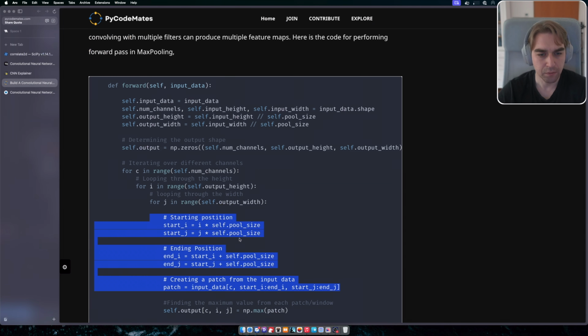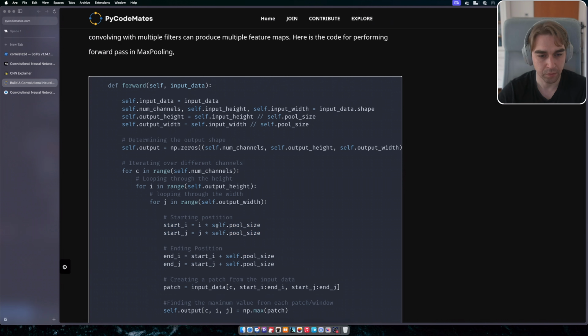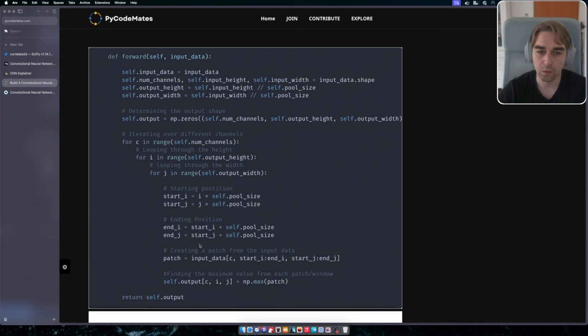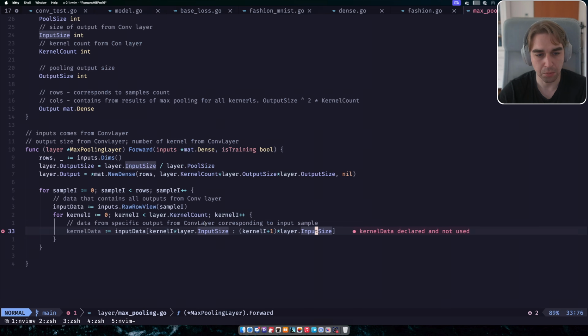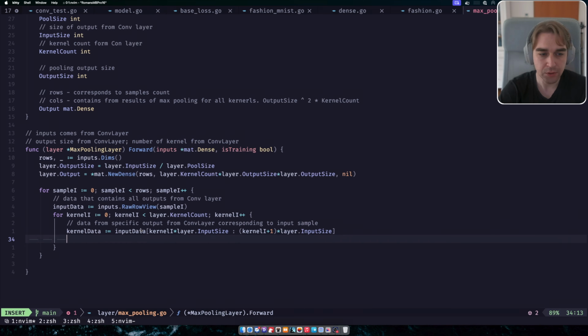So right now we have this, then what we can do. And then actually we should do the MaxPooling, right? So we have the inputs and we have the output. So for this kernel output, we should declare